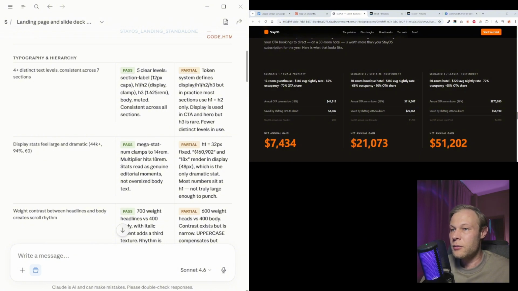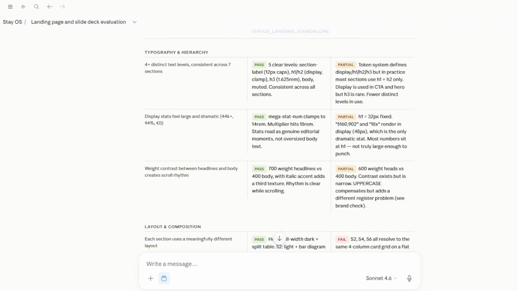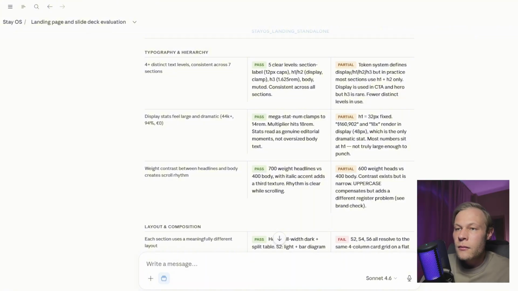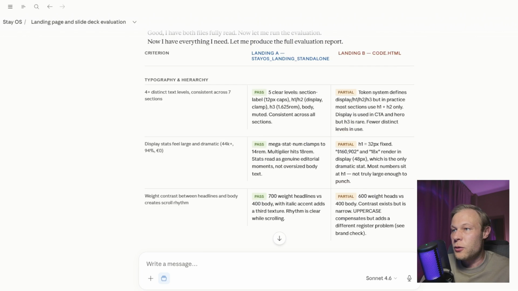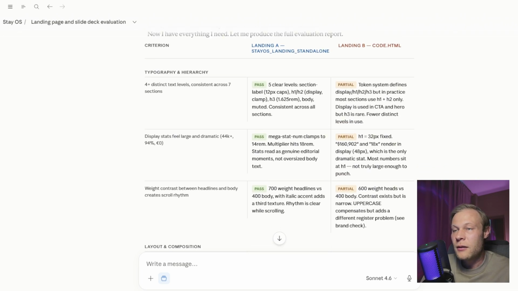Okay. Yeah, I'm just going to make it this way. Okay. So, typography. The first one is built with Claude. The second is Google Stitch. So you see that with typography,